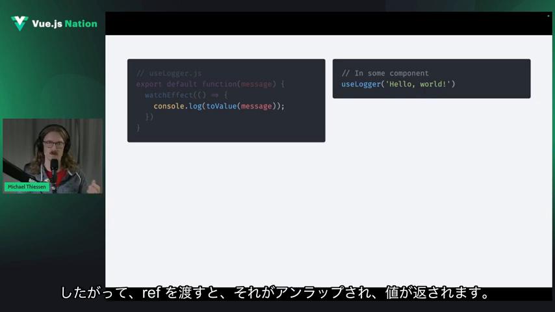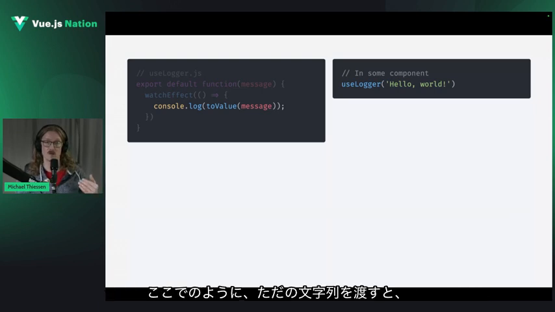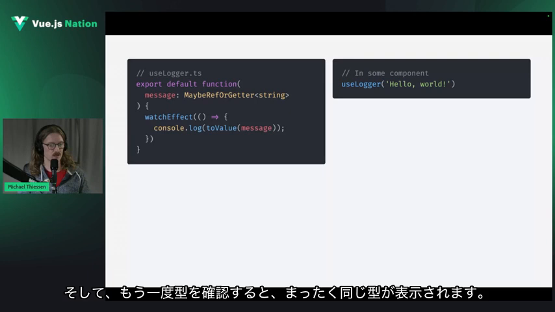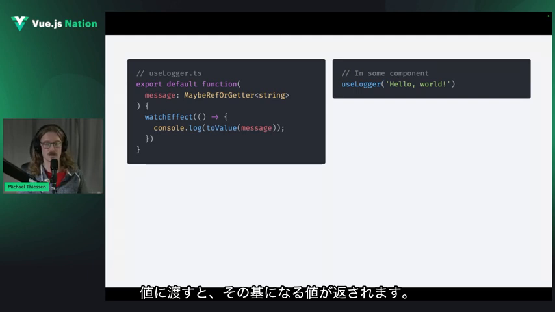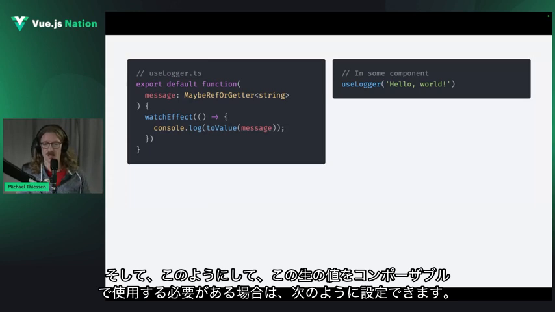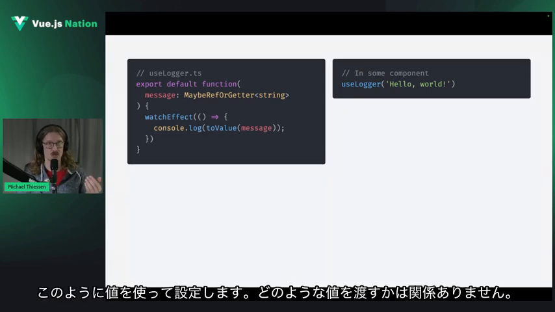So if we pass in a ref, it will unwrap that, give us the value. If we pass in just a plain string like we have here, it will just give us back that plain string. And we can look at the types again, and here we get the exact same type. We either get this plain value, a ref, or a getter, and no matter which one of these we pass into toValue, it will return back that underlying value. And so again, in this way, if we need to use this raw value in our composable, we can set it up using toValue, and it doesn't matter what values we pass in,